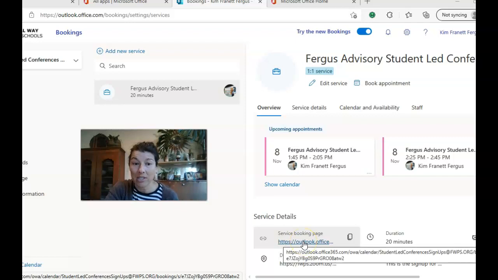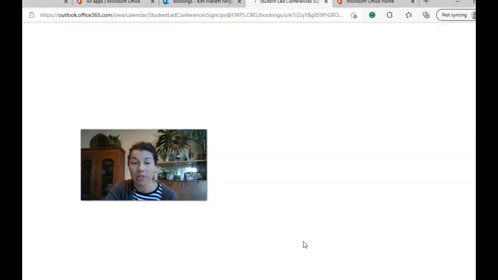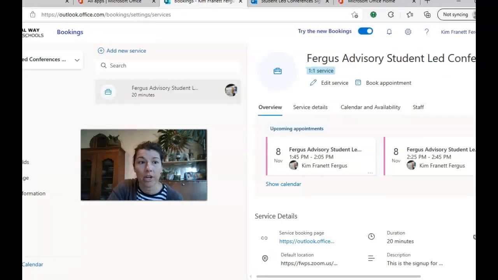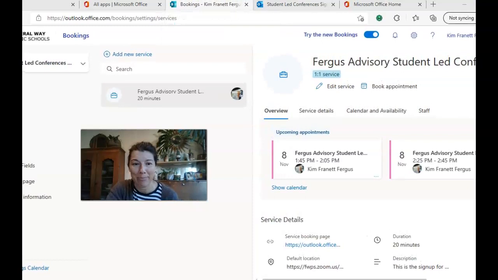Service booking page is the hot link for your actual sign up. And so it would be really helpful as you go through if you opened that into a tab so you can go back and forth as you play with your settings to make sure what you're intending to do is actually happening in real life. So we're going to go into edit service